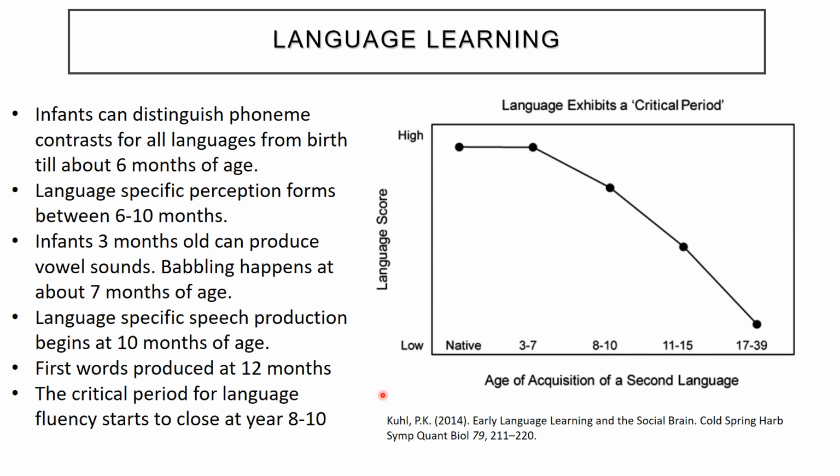So this is work done by Patricia Kuhl. She's done a huge amount of work on the development and neuroscience of language. She's a professor of neuroscience and language pathology at the University of Washington in Seattle. And she just gave a talk here at Virginia Tech in 2019. Very interesting talk. She's done a ton of work on this, and this is one of her studies looking at language learning and at the age of acquisition of a second language, which is going to be indicative of and shaped by this closing of a critical period.